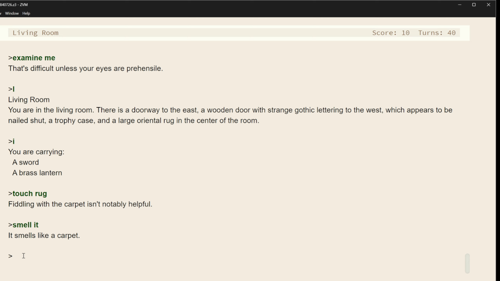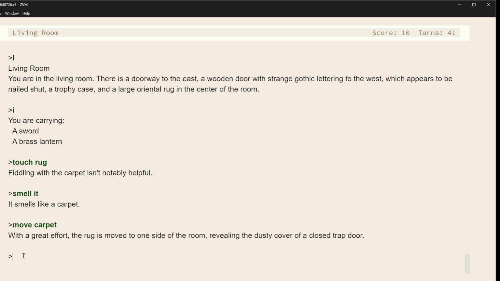Let's talk about a new action we haven't really tried yet, which is "move carpet." With a great effort, the rug is moved to one side of the room, revealing the dusty cover of a closed trap door. Okay.